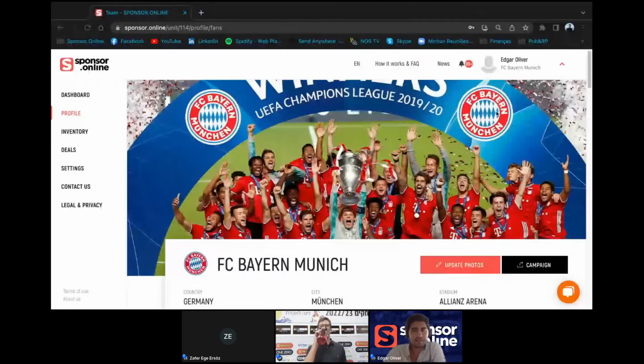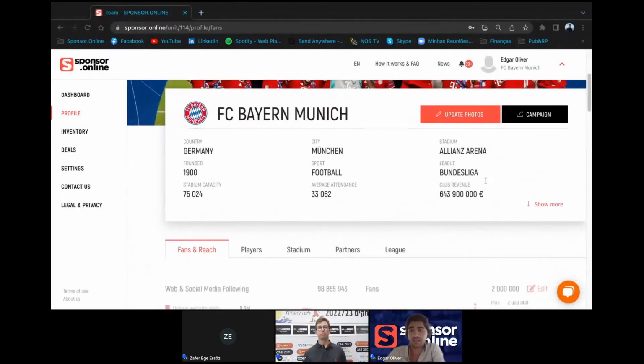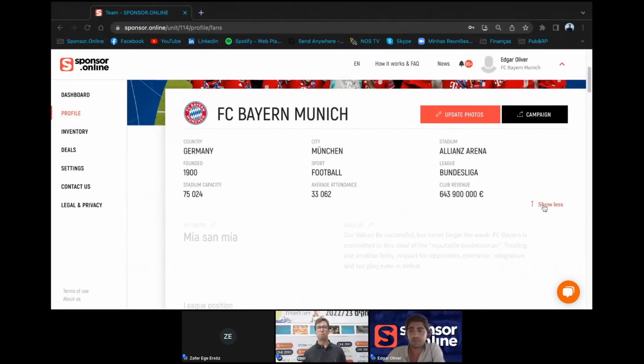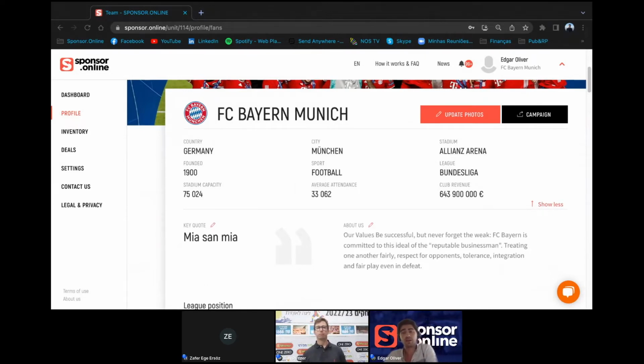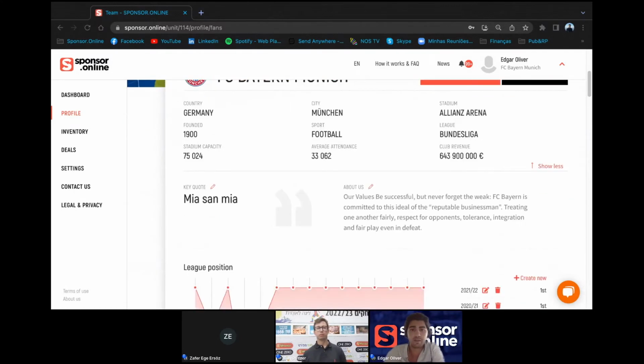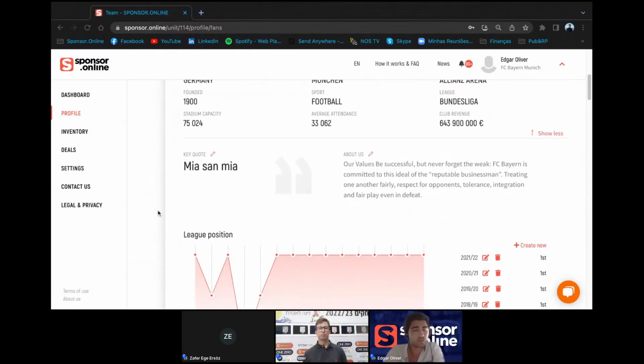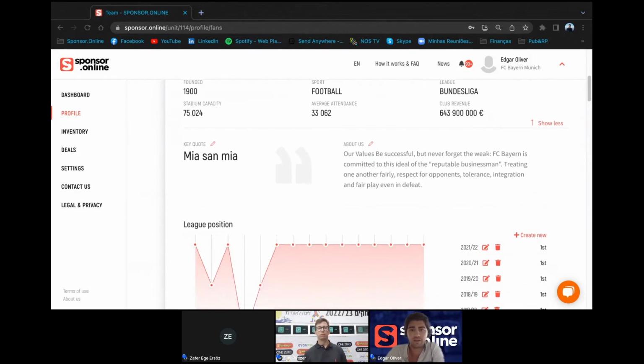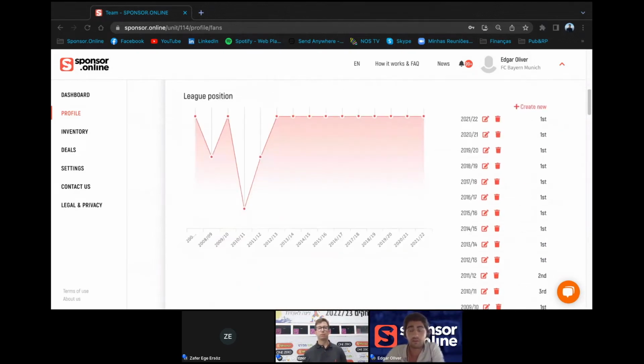So this is the demo profile that we have created for Bayern Munich, for example. So every club can create a profile on the marketplace, on Sponsor Online. They can add and edit all the basic information about the club. You can see this is very important from the brand's perspective. So every time a brand has some kind of interest in buying something from the club, they can access the entire information and make more factual decisions about which kind of assets they want to buy from the clubs.